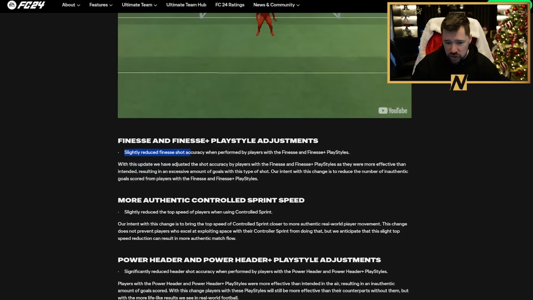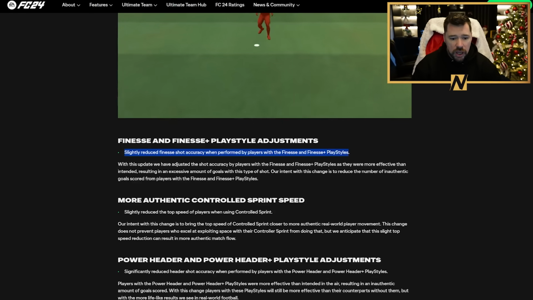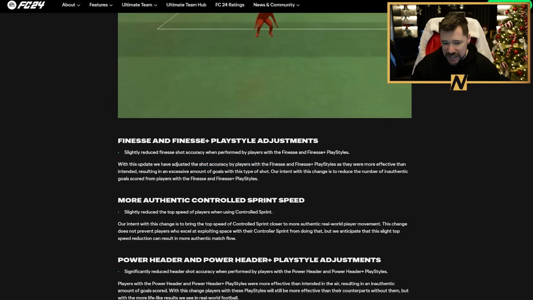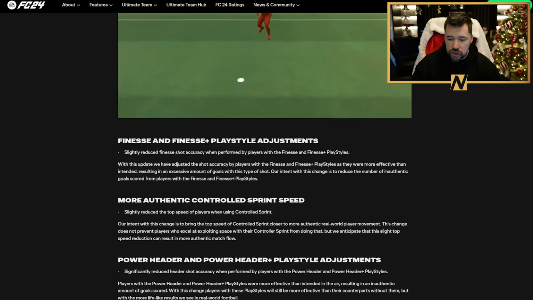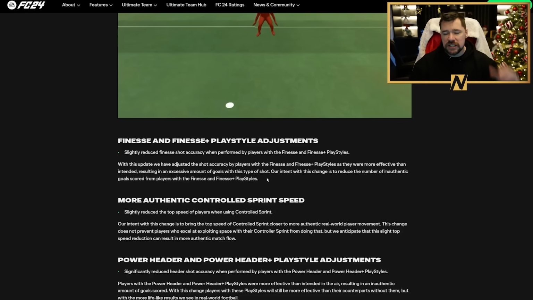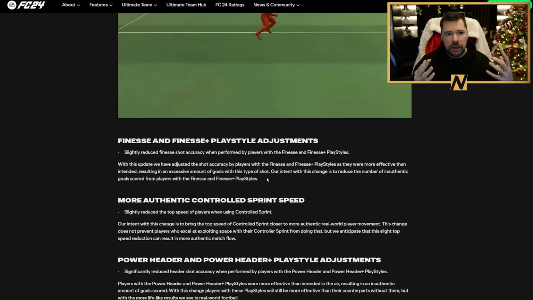But what they say is, slightly reduced finesse shot accuracy when performed by players with Finesse and Finesse Plus playstyles. With this update, we've adjusted the shot accuracy by players with the Finesse and Finesse Plus playstyles as they were more effective than intended, resulting in an excessive amount of goals with this type of shot. Our intent with this change is to reduce the number of inauthentic goals scored from players with Finesse and Finesse Plus playstyles. And what I interpret by that is